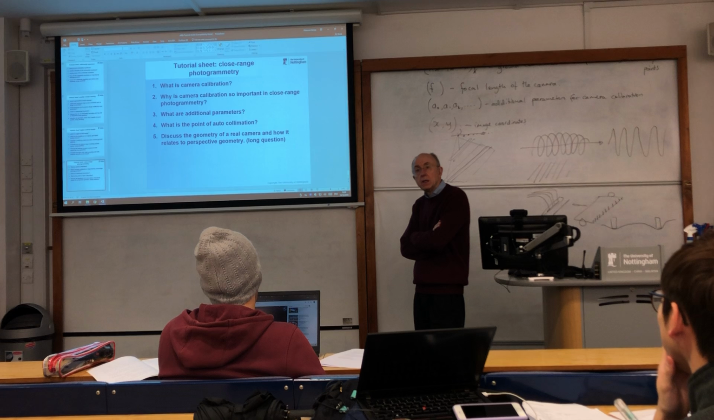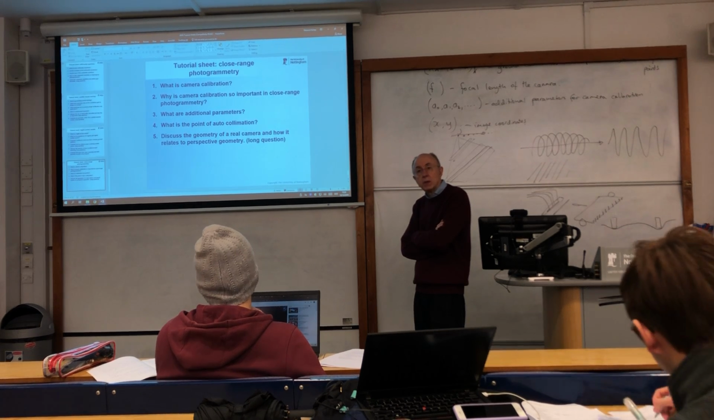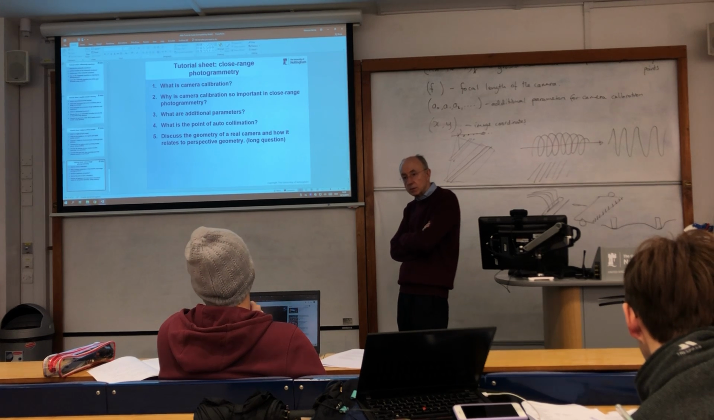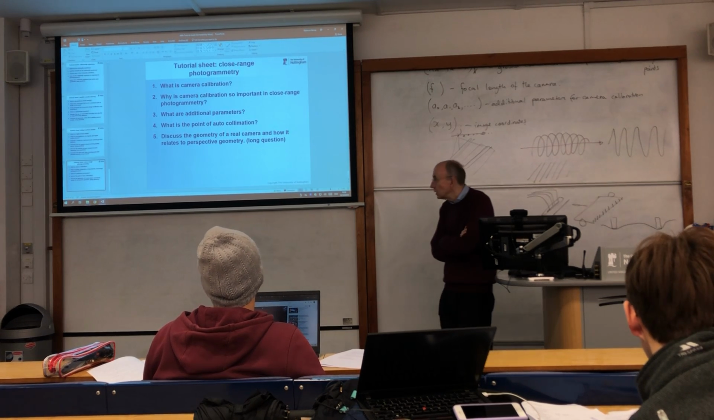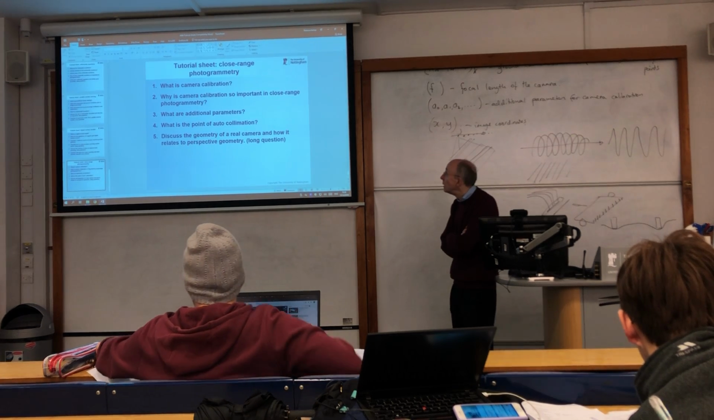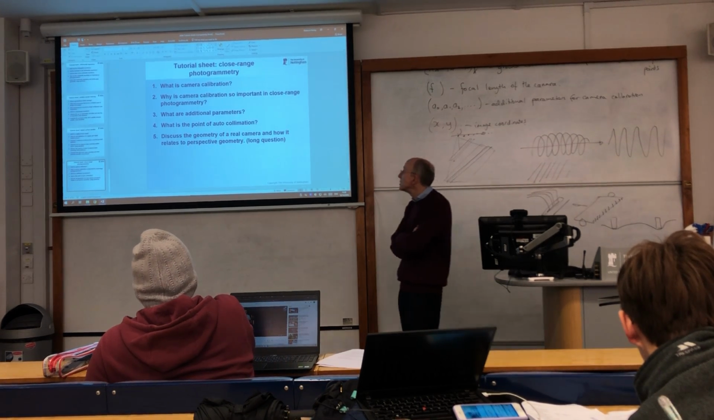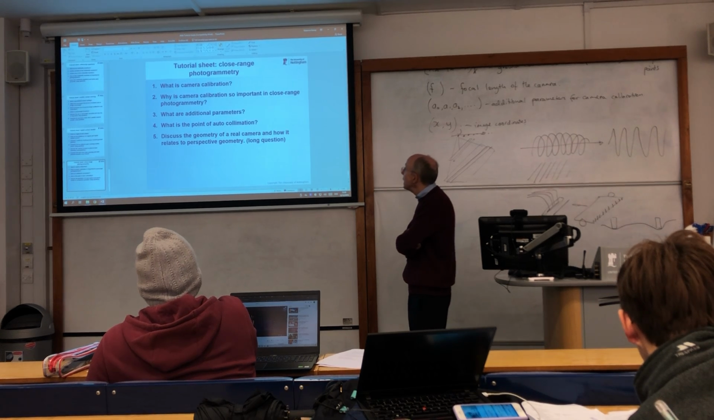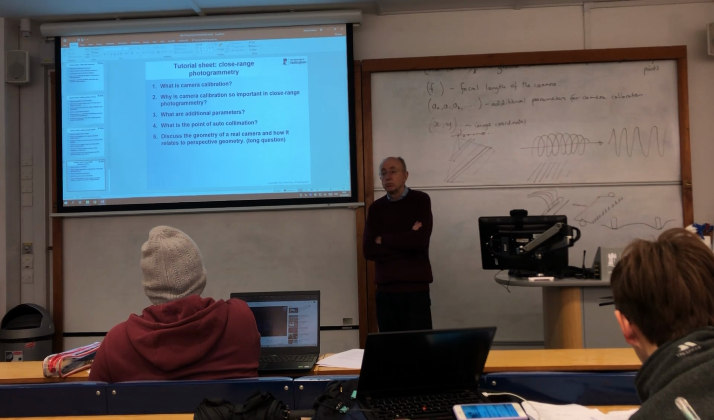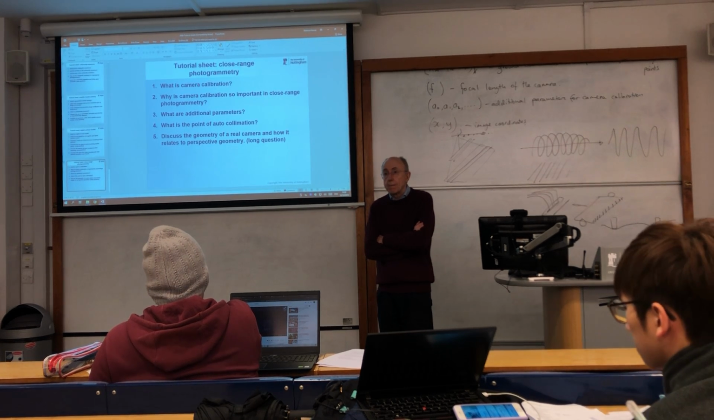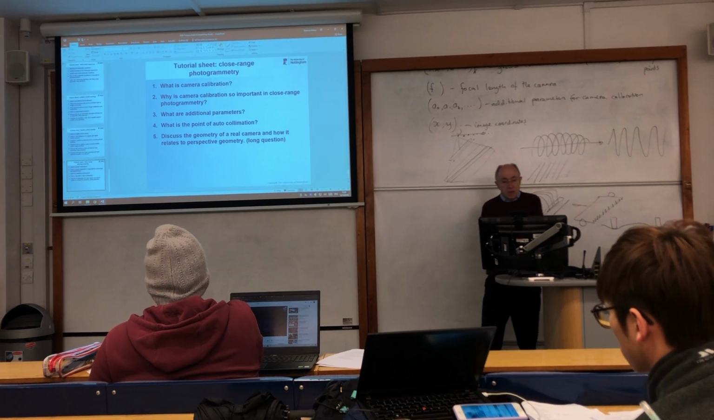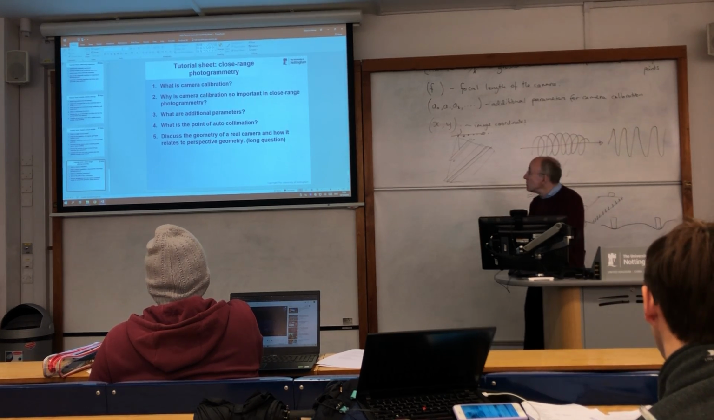Camera calibration is the process of determining the internal geometric characteristics of the camera. Right, if you want the definition, it's the internal characteristics of the camera. Determining the internal characteristics. Why is camera calibration so important in close range photogrammetry? It's important in close range photogrammetry